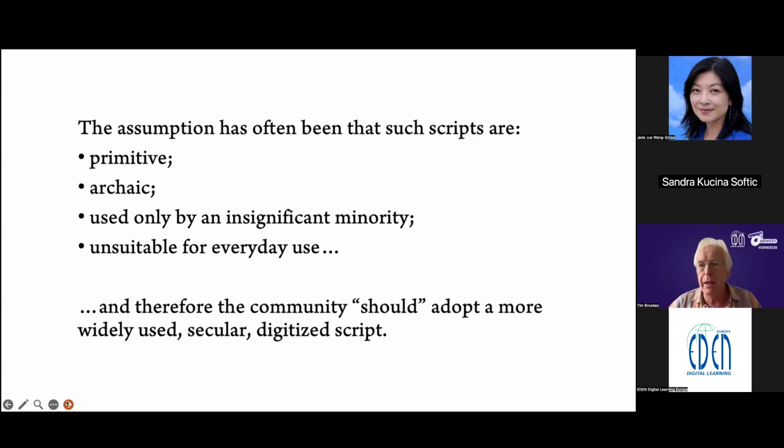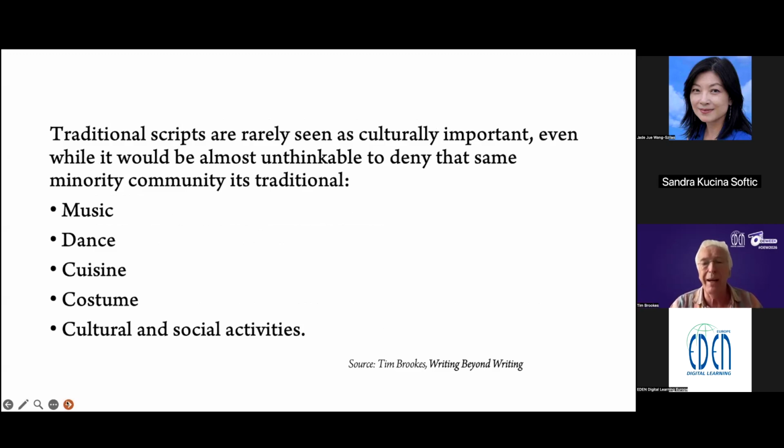if we try and deny that, it's as if we're saying, oh, and you also can't use traditional music forms, or you shouldn't use traditional dress. And we say, therefore, the community should adopt a more widely used secular digitized script. And so even though this conference is about digital learning, it's a tool that is easily misused. So traditional scripts are rarely seen as culturally important. And as I say, it would be unthinkable for us to say, oh, music, dance, cuisine, costume, you shouldn't do those either. But nevertheless, we say we're actually doing you a favor if we introduce the Latin alphabet and teach